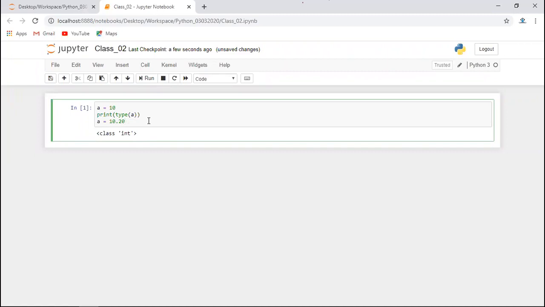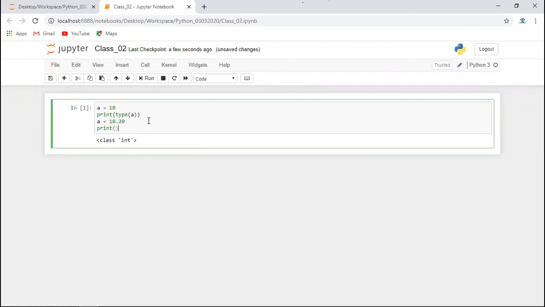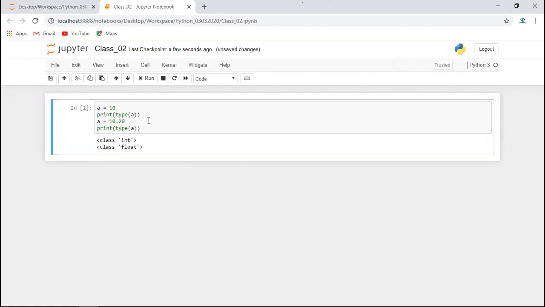But here you have not fixed it. Type is a function which gives you the data type for that variable. If you write type of a, it will now give you float. So the value which you are assigning to the variable determines the data type for that variable. This kind of feature is called dynamic typing. Python supports dynamic typing.